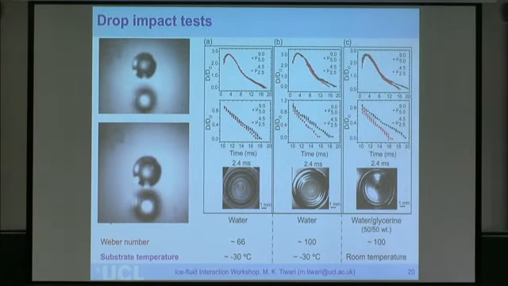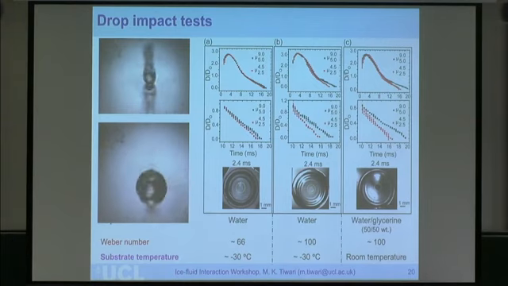If we are right, we should be able to get a similar picture if we were to do these experiments with a fluid where the viscosity is controlled to the same value. So that's what we did in this case here, which is a mixture of water and glycerin, and we get the same picture. An insight that I am keen to show to you is something that will become apparent